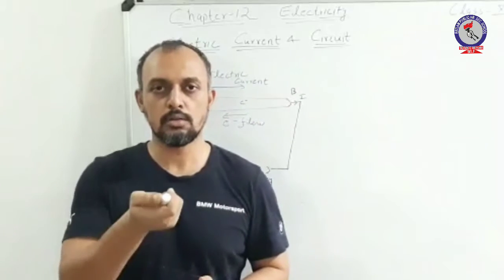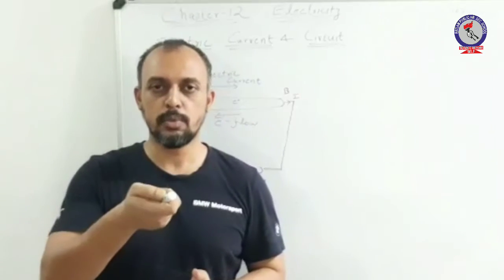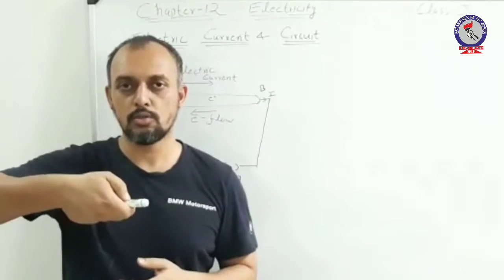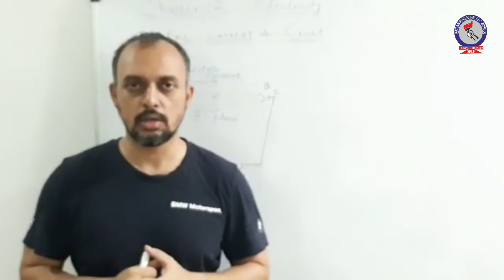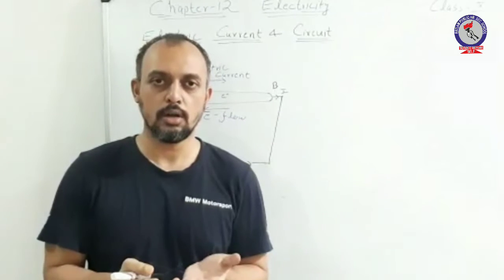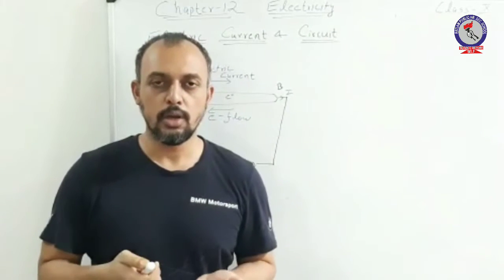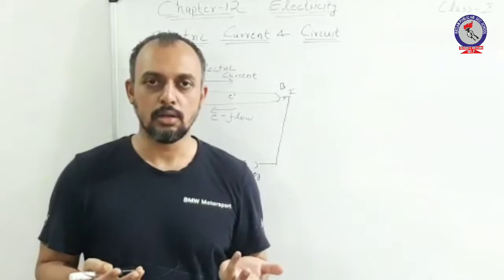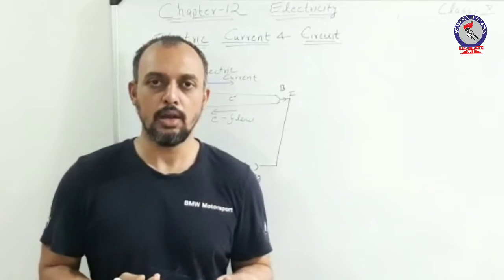As you know, a torch contains an electric bulb, a series of cells, a battery, and maybe connecting wires. Now, what is the role of the button? This button makes the circuit open or closed. When you make the switch on, you are closing the circuit and allowing electric current to pass through it. When you are pushing the button back, you are opening the circuit, which does not allow any electric current to flow through it.